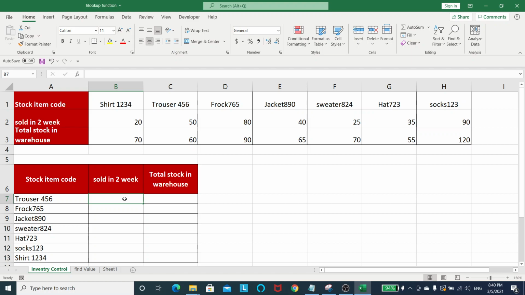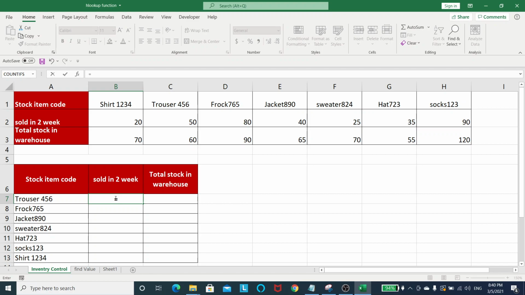Here I have stock item code, and in this table also I have stock item code, which is similar. So we need something similar to bring the value. So let's apply the HLOOKUP formula.